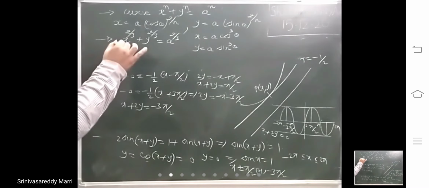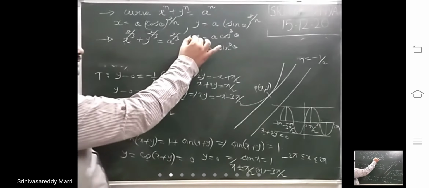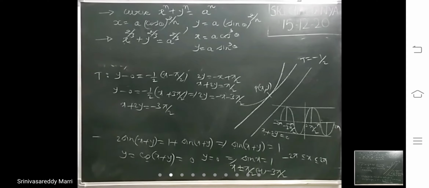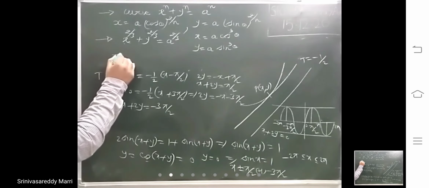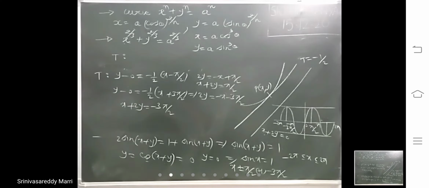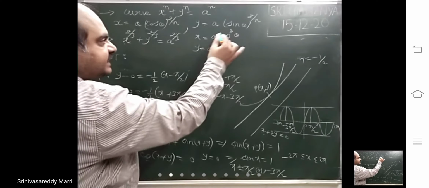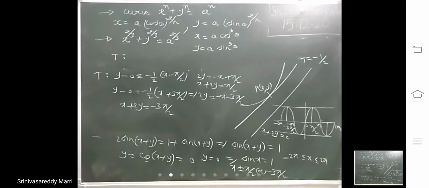That means if this type of curve is given, standard curve this is, you take the point as x equal to a cos cube theta, y equal to a sin cube theta. Now look at tangent equation also you have to remember. I have shown how to calculate dy by dx and then x comma y, this and writing. Remember this shortcut.